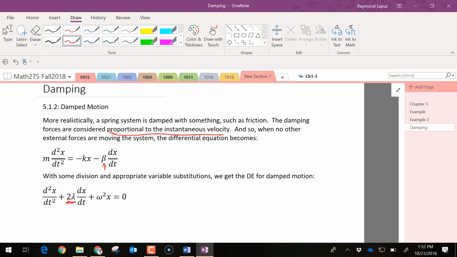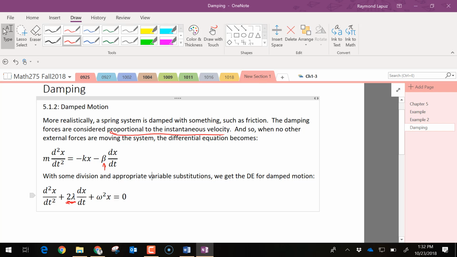So what's 2 lambda equal to? What? 2 what? Well, anyways, beta. Well, in any case,